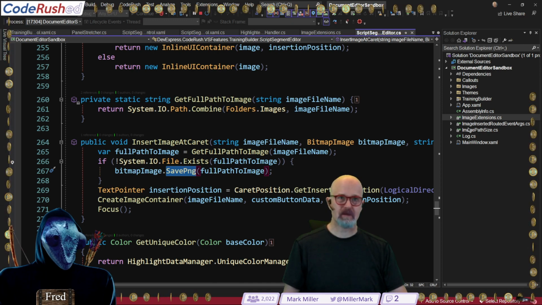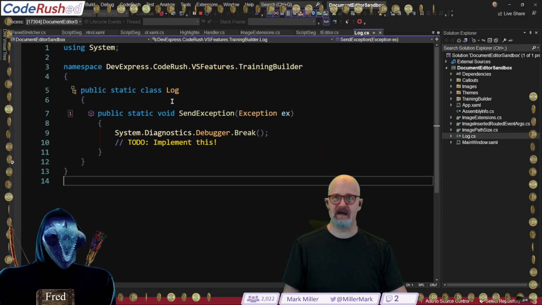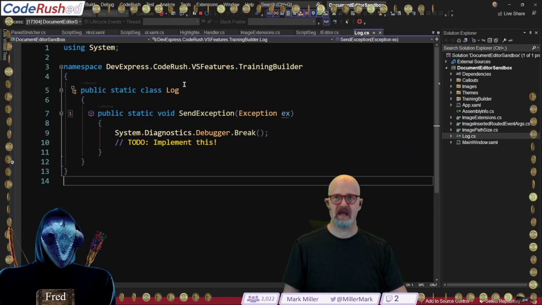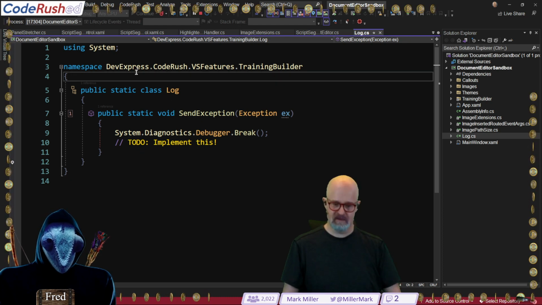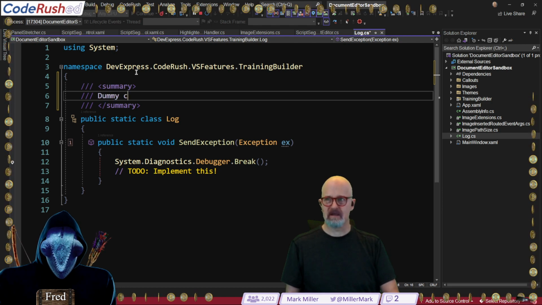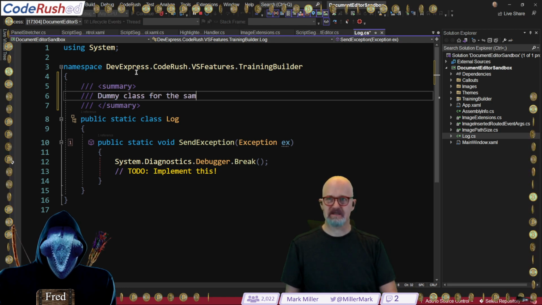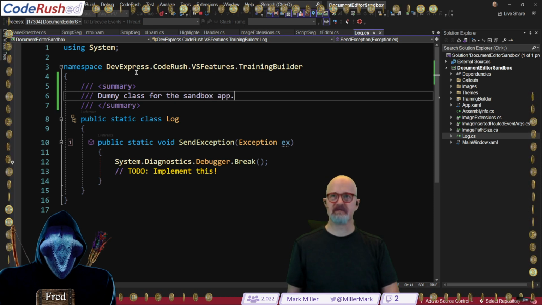I'm not going to worry about that now, but it looks like at least these 3 files need to be moved over. This log is just a kind of dummy class here, because there's an actual log dummy class for the sandbox app. Okay, let's look at functionality.